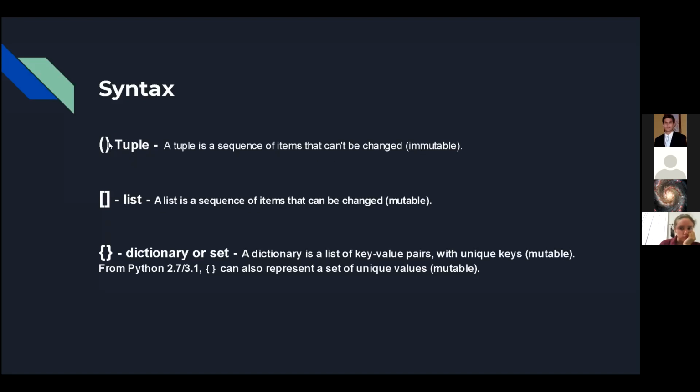And you also have different functions, because since it's a sequence of items that don't change, you can use that to your advantage when you're creating your algorithms and structuring your code. A list is basically the same thing, but you can change it. Whatever your mind can come up with, a list of things that you can change. And a dictionary or a set, right? They're basically very similar. Well, not really, but kind of. I should put it differently. But you can call them with the same brackets.